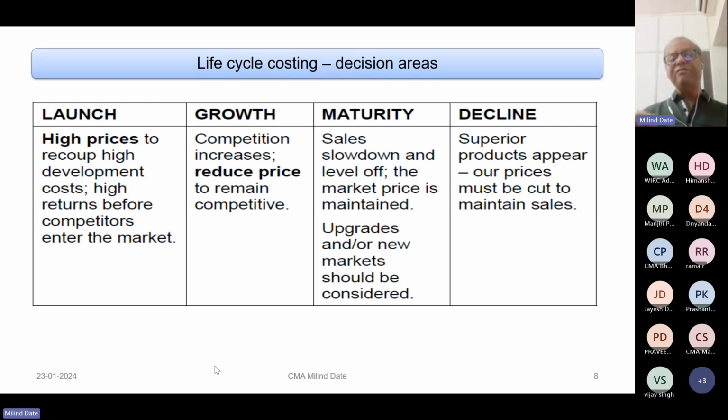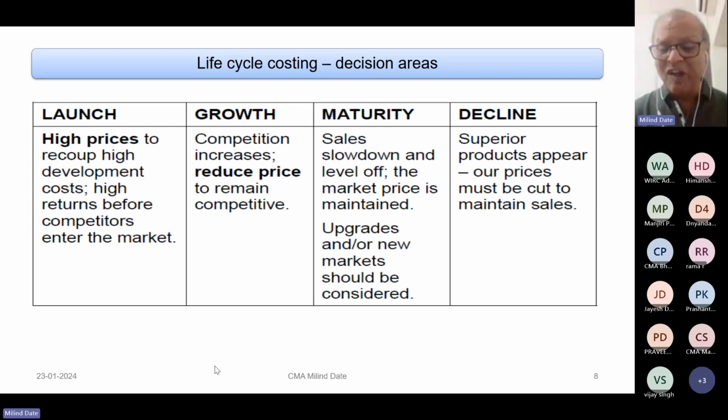So look, different types of decisions are taken in different stages. And as a cost and management accountant, what we need to ensure is we keep collecting the cost information and analyze it for being able to take strategic calls. Now, if I, let's say, want to upgrade the product, what would be the cost of the upgrade? And what are my customers going to pay for that? I need to know that.